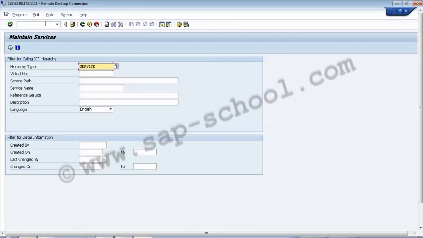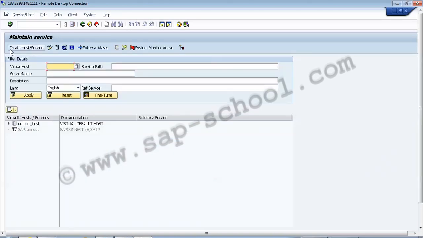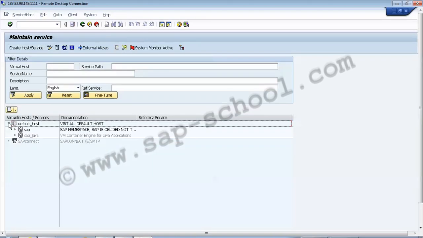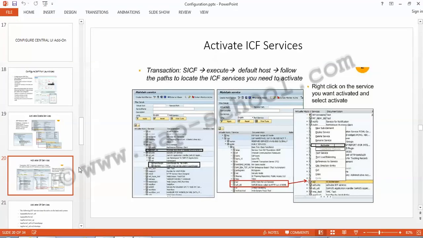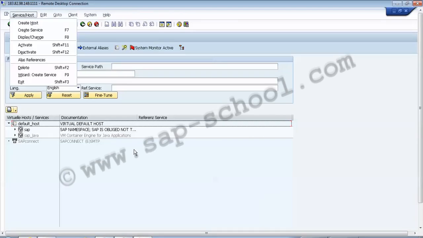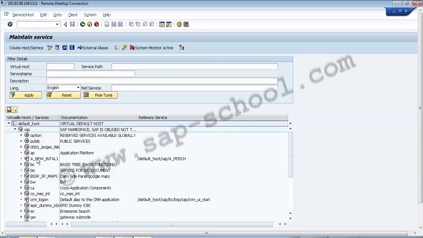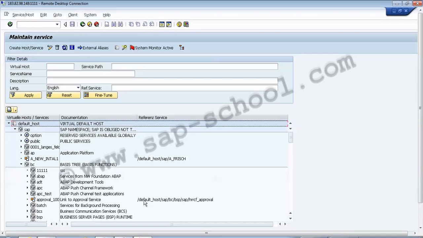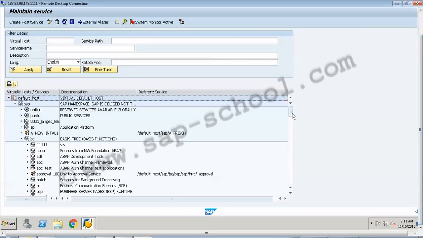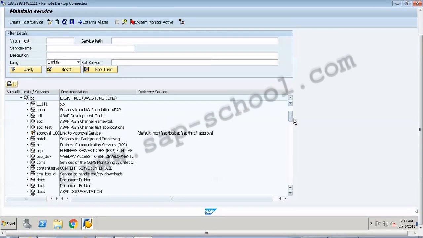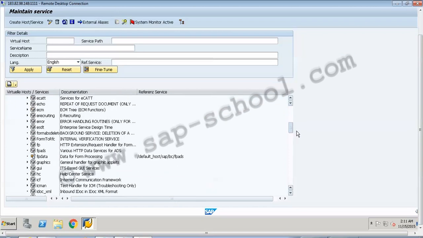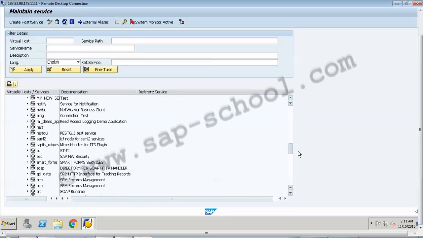After that, once we have activated the OData services and the ICF services, so these are basically the ICF services which must be active in the backend system for my SAP Fiori Launchpad. Then we have to set up the navigation targets. So to set up the navigation targets, we have to go to the transaction which is LPD_CUST, and in this we have to configure the new Launchpad, and we have to enter the credentials and we have to save it.